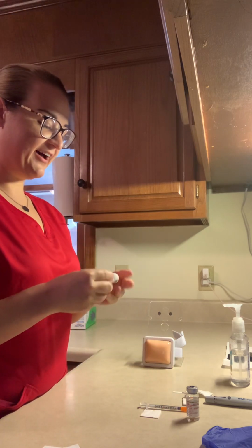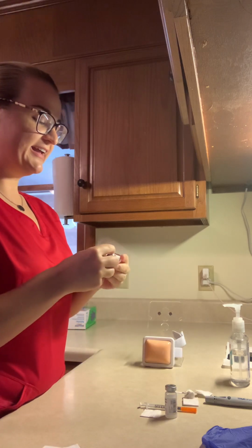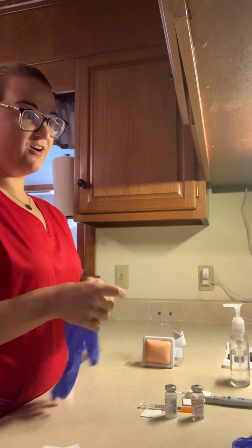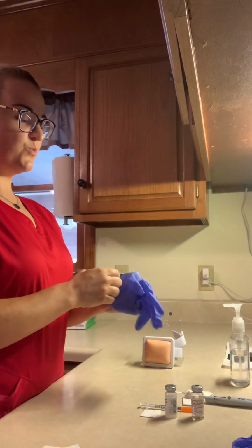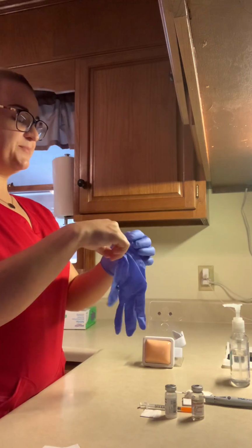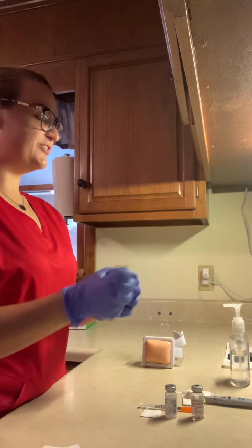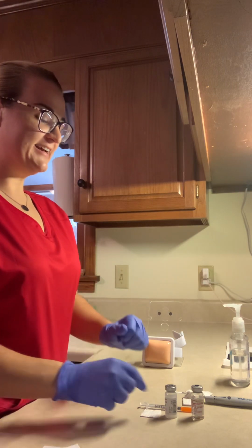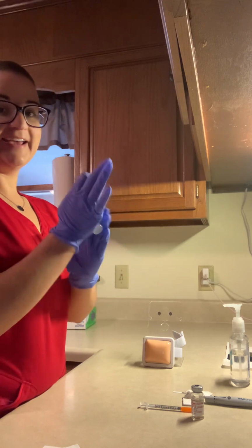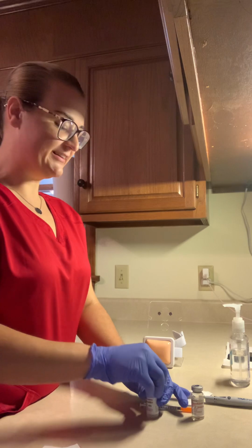I will verify on the vials to make sure that they are in date and marked accordingly and that they are good and that they are on the MAR as to what he has been ordered. Dr. Smith has ordered you 5 units of NPH, which is your long-acting, and 5 units of your fast-acting insulin. And since they are the appropriate ones, I'll make sure that the NPH is dissolved because this one likes to settle. I will clean the tops